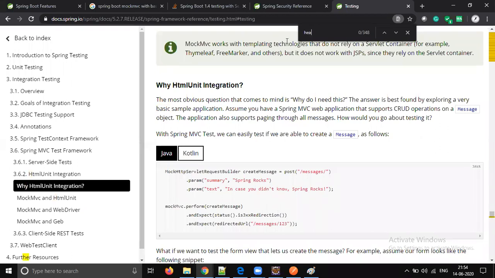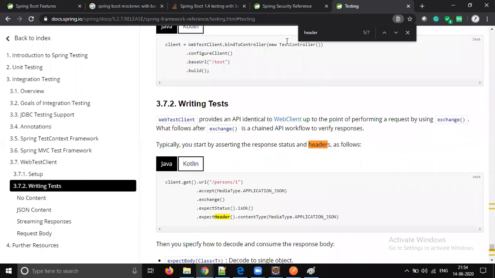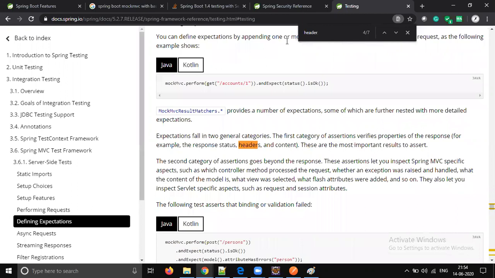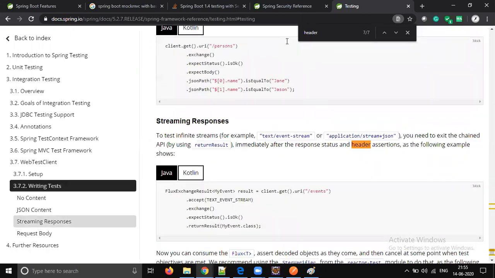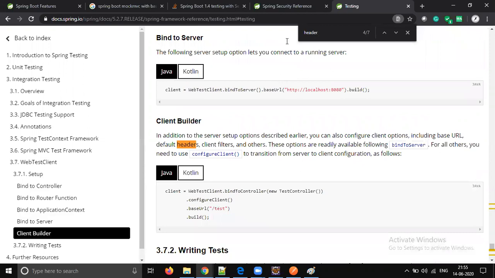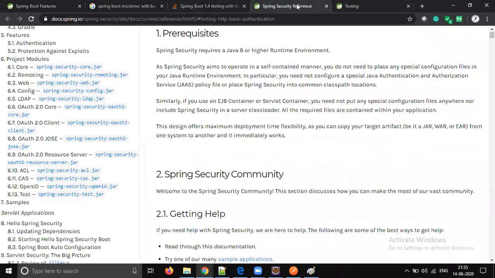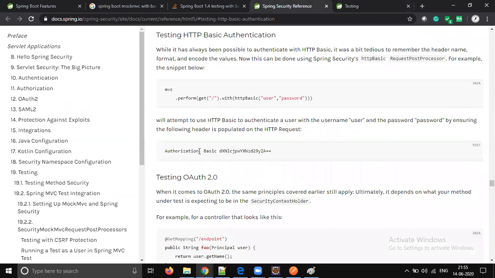So header content type is the parameter. Security spec header. Yeah, so authorization basic and some encrypted string they are doing. Perform that get with HTTP basic. Oh, good. Something like this is available. Let's try this out.